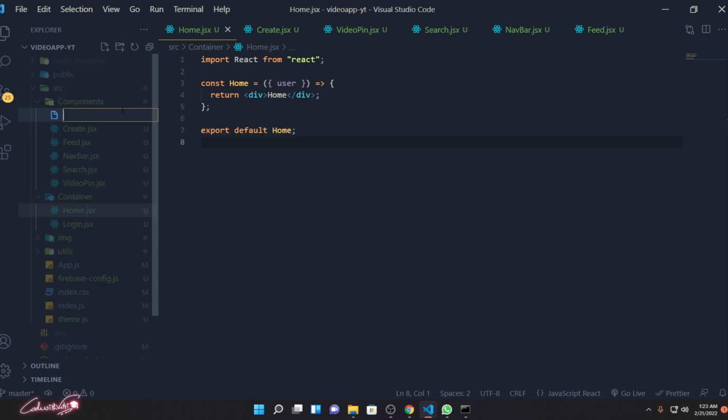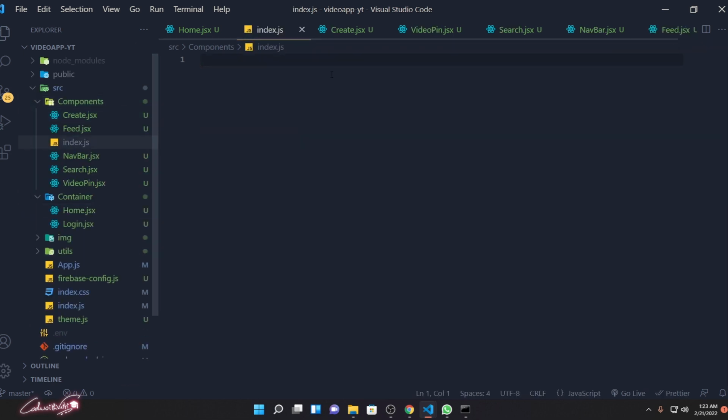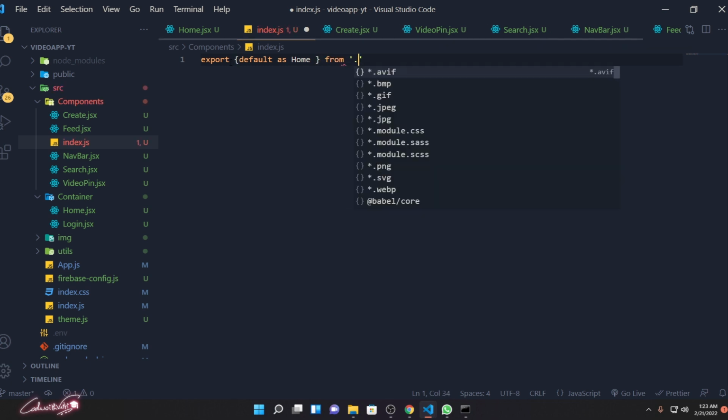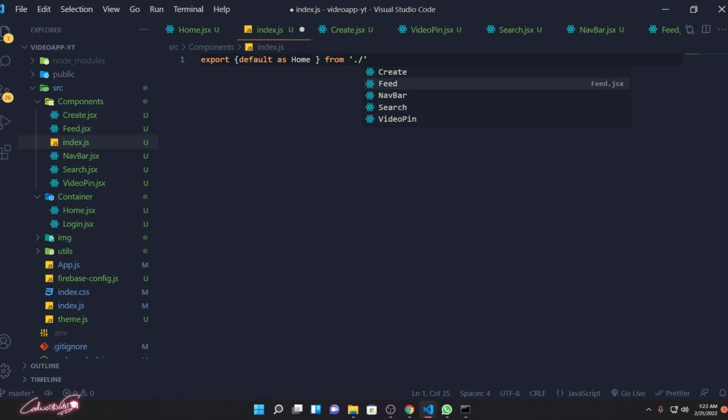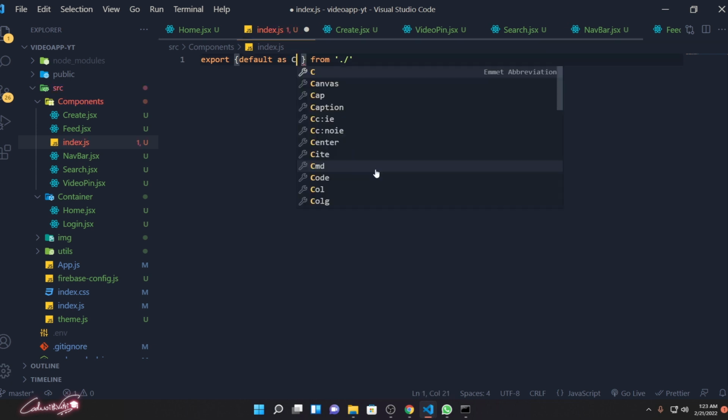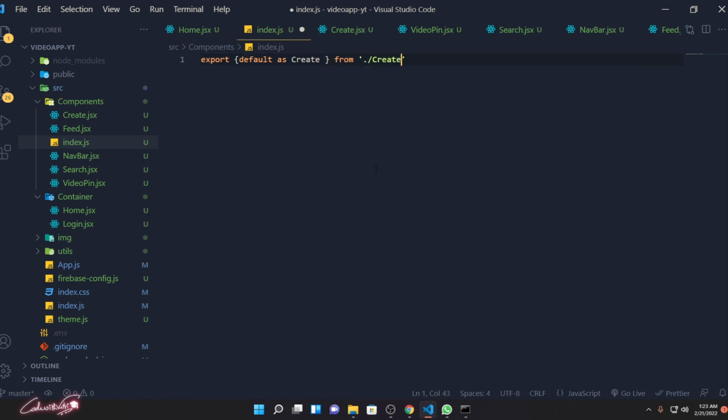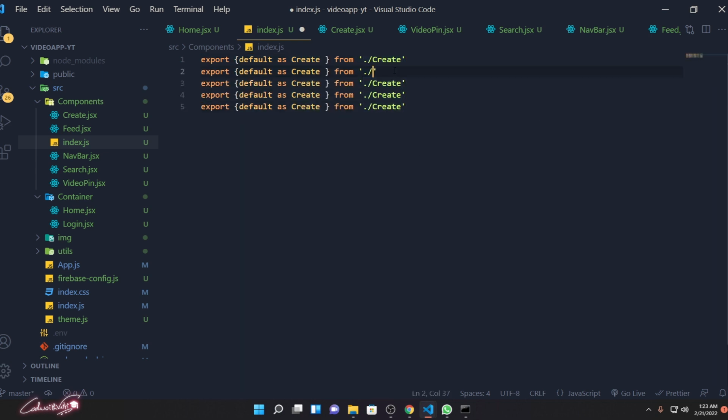So I'm going to create a new file called index.js, and here I'm going to import all the necessary imports, so that will reduce our work. So export default as home from home, which we already have. What we need: create, from /create. Copy the changes, paste it a few more times, and then we need to add feed,